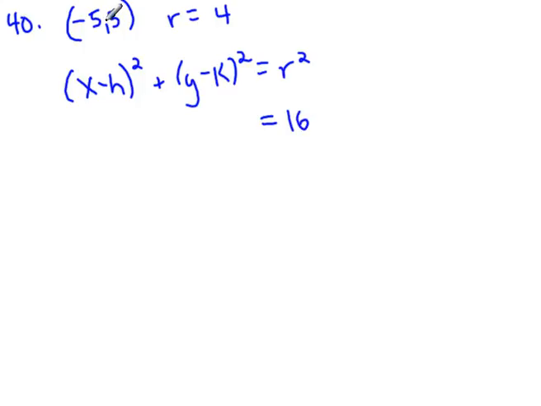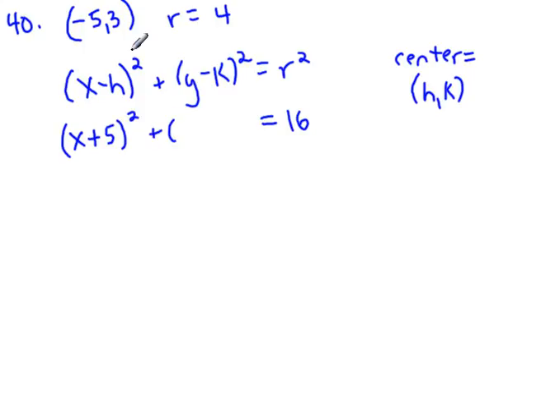And now this is the center, and remember your center is (h, k). The formula is x minus h, so if I have a negative 5 here, that's going to end up being x plus 5. Remember, in the parentheses I changed the sign, so that's like saying x minus negative 5, because my formula is x minus h, so x minus negative 5 becomes (x + 5)² plus,